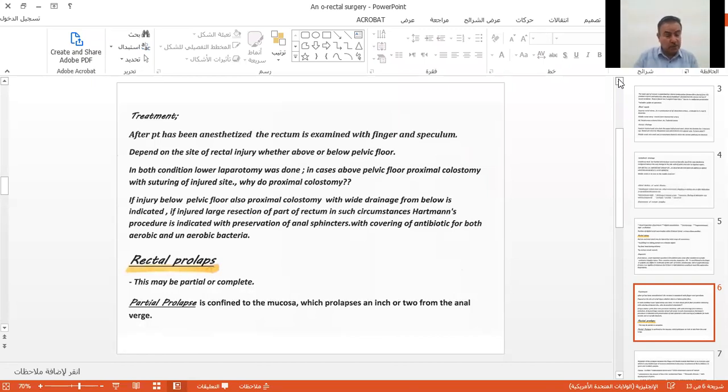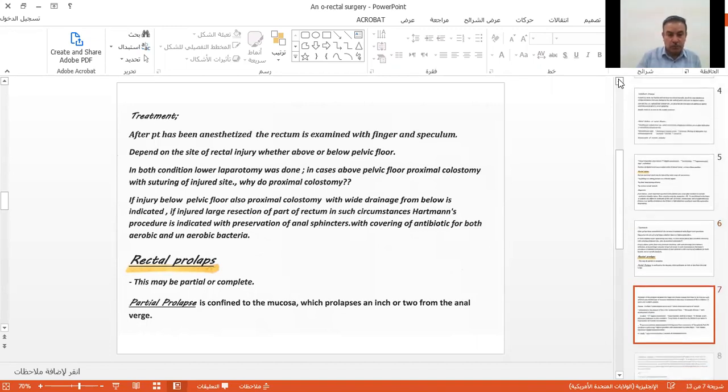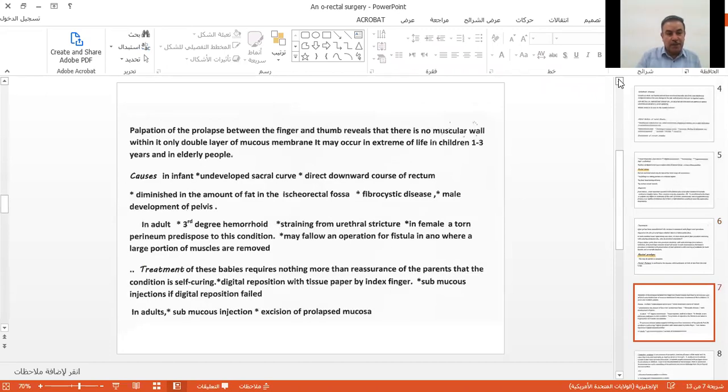At the end of rectal injuries, we start with rectal prolapse. This may be partial or complete. Partial prolapse is confined to the mucosa, which prolapses an inch or 2 from the anal verge. Palpation of the prolapse between the finger and the thumb reveals that there is no muscular wall within it, only a double layer of